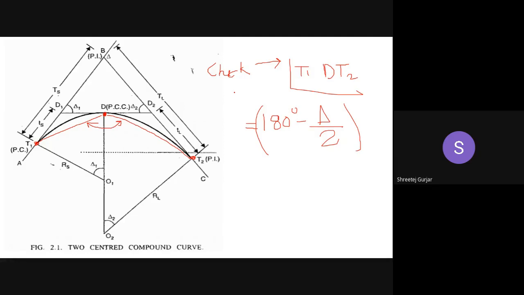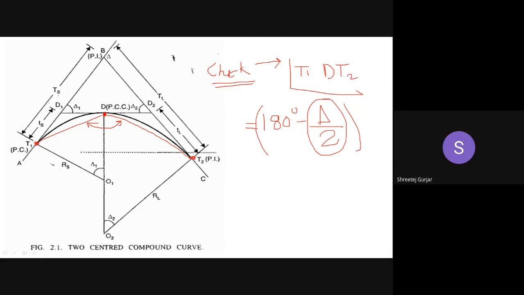Okay. Yes, sir. Which part should I explain again? Setting out of a curve, you want me to explain? No, sir, the delta by 2, sir. Which delta by 2? This delta by 2. This last check you want me to explain, or which step? Sir, explain full, sir. I'll explain.